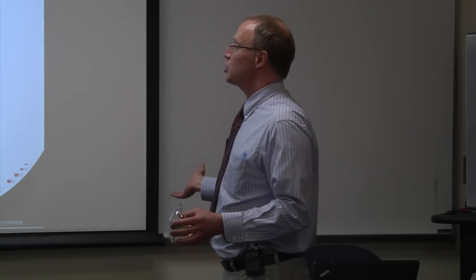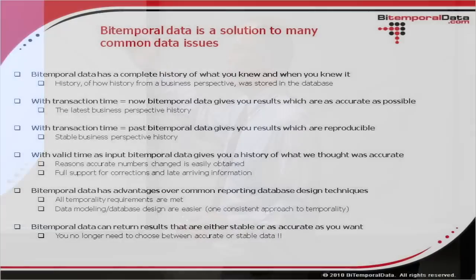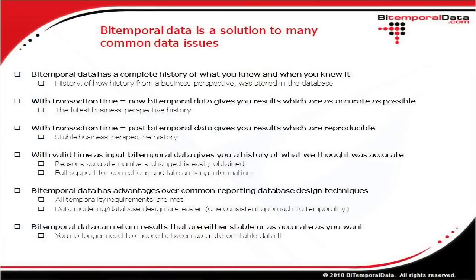About that. So again, just in summary, bitemporal data can be a solution to many common data issues. Bitemporal data has a complete history of what you knew and when you knew it. A history, this is the simplest way I can relate to it. It's a history of how history, from a business perspective, was stored in the database. If you give it an input of transaction time equals now, okay, bitemporal data gives you results which are as